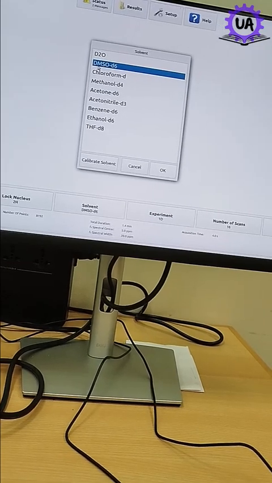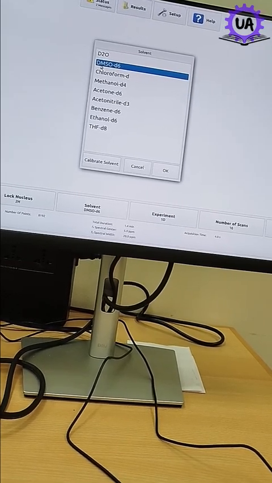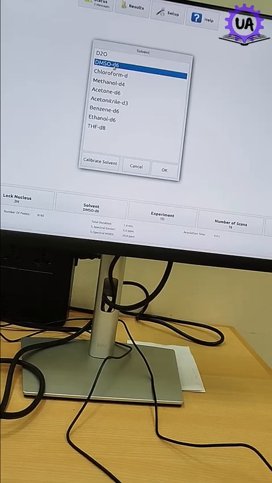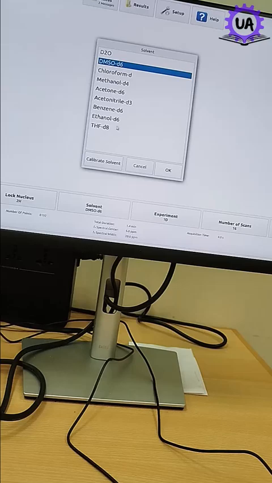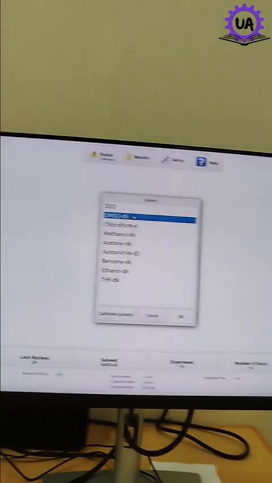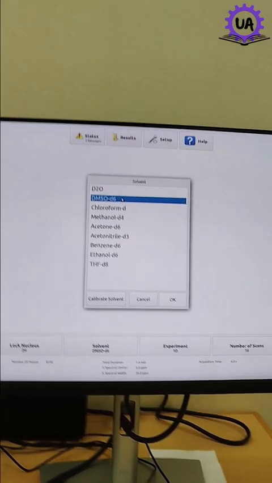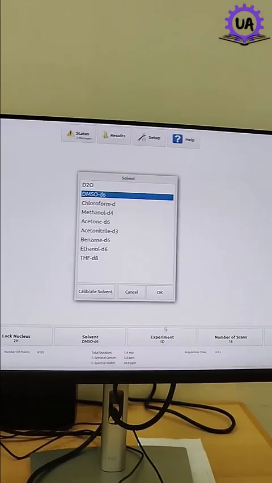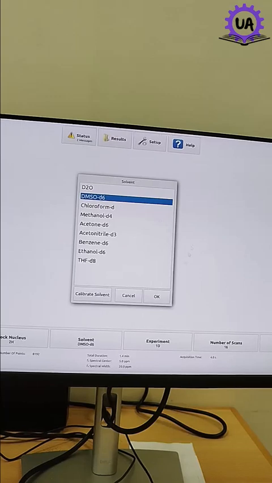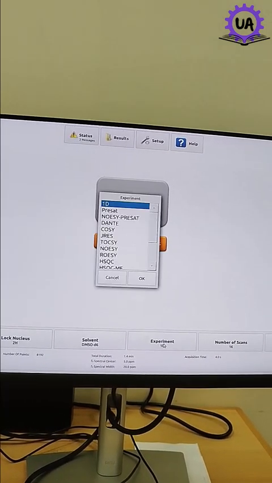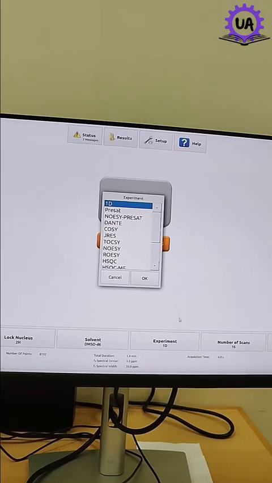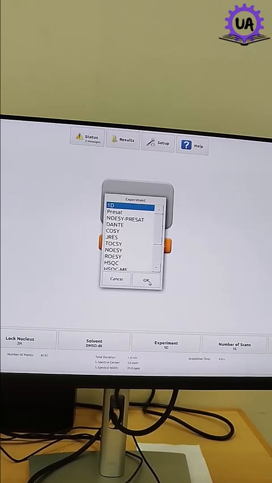Our product was very soluble in DMSO D6, so we did that. You can get an idea of which solvent is good for your product from the literature. Okay, so our solvent is DMSO, we selected OK, and then experimental, so 1D is OK,